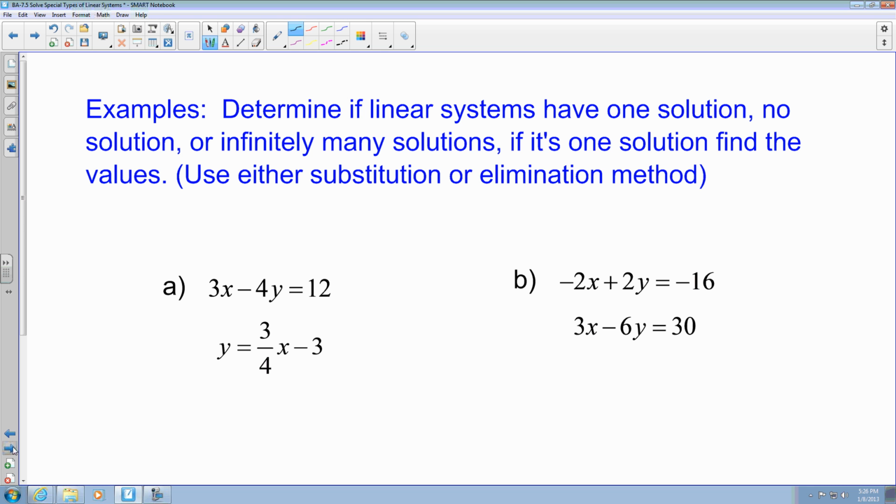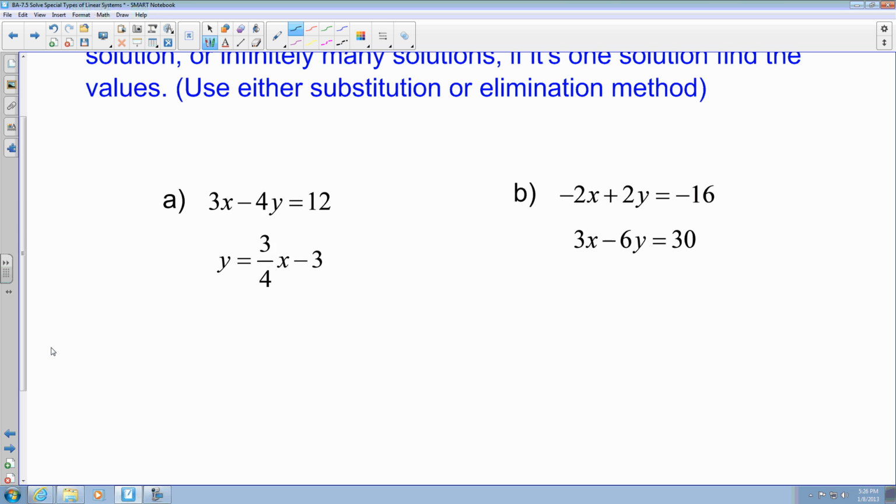So keeping that in mind, I want to determine if our examples have one solution, no solution, or infinitely many solutions. And if it is one solution, I want to find those values. I can use either the substitution method or the elimination method. Whatever you feel comfortable with, I'll choose as I go along, determining if I need to use that at all. So the first